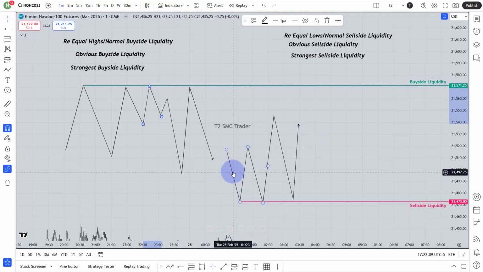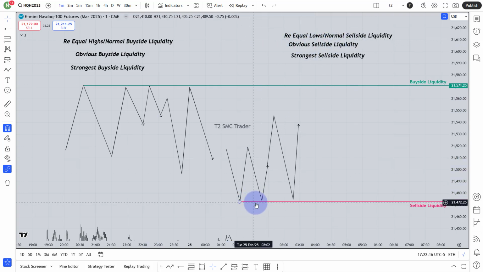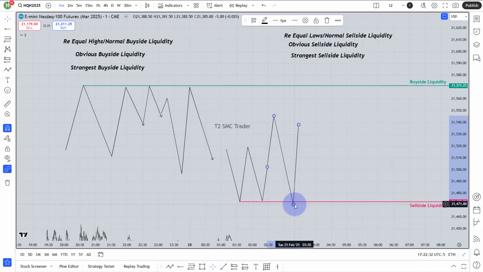Same thing for here. The first one is relatively equal lows, which is our normal sell side liquidity. Then we have the obvious liquidity, where the market is going to take that low by a shallow run or by a weak body, not going to close below that low, which is going to be our obvious liquidity. It can happen by 2 low or 3 low or 5 low, it doesn't matter, but this is going to be the obvious liquidity. And finally, the strongest liquidity, where the market will make relatively equal lows, then it will go